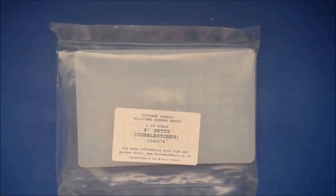To start off with, this is from Diorama Debris. It's a silicone rubber mould. It's a 1/24th scale 4 set cobblestones. Now the mould number is 1240074. It is manufactured in the UK by R.J. Norris. Now this is going to be very much like the bricks, not a great deal to see, but we